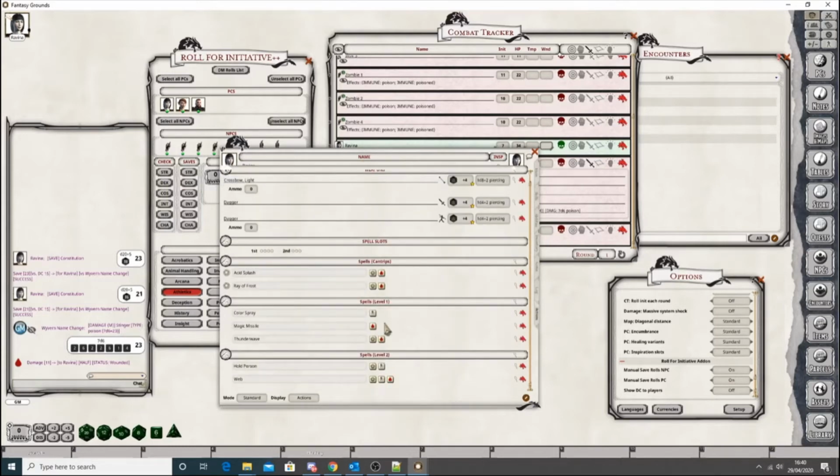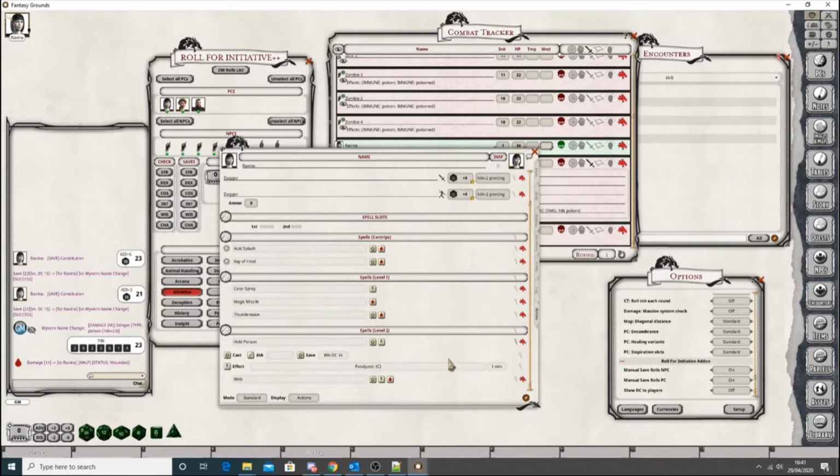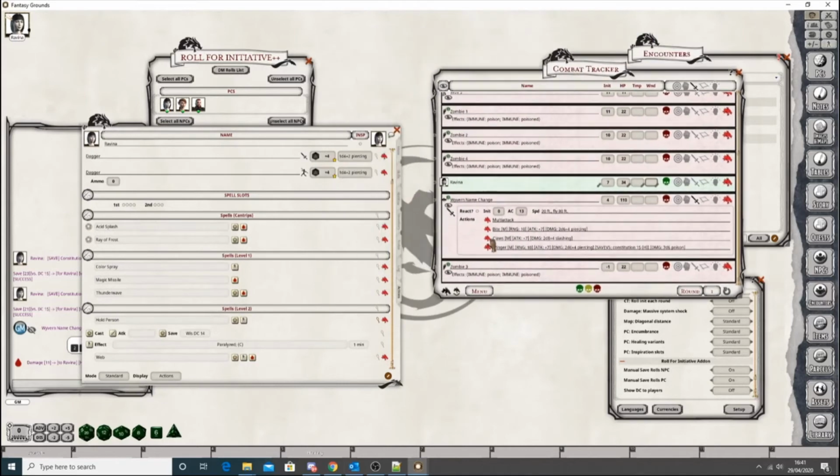So let's see. I think this hold person is concentration. So she's going to now do hold person on the wyvern. She can target the wyvern in multiple ways. She can target on a map or drag and drop. Any way that you'd normally do a save will be overwritten by the Rollful Initiative, and you'll have to roll manually now. So let's cast this on the wyvern,